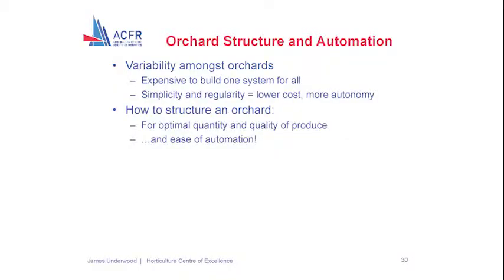So thinking further forward then, you've got this problem where if you have a lot of variability amongst orchards, it's going to be very expensive to build one kind of robotic or mechanised system that can really deal with that variation. Whereas if you have more simplicity and more regularity in the structure of the environment where these systems are meant to work, it's going to directly lead to lower cost in the end systems and much more capability for autonomous action. And so it raises an interesting question, which is then how to structure an